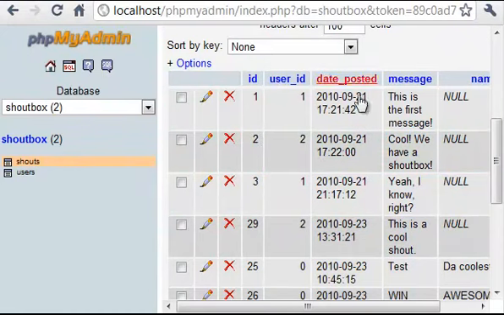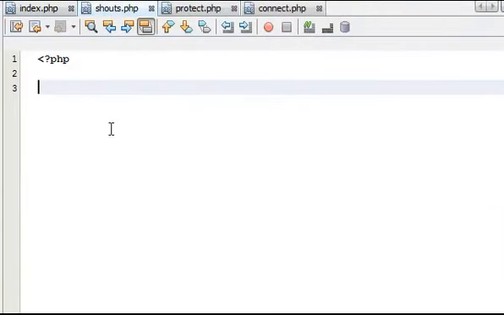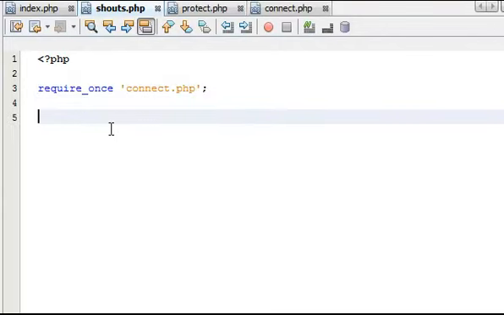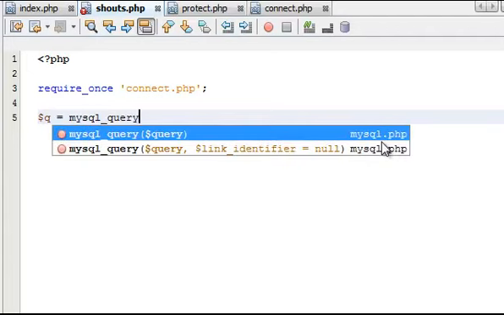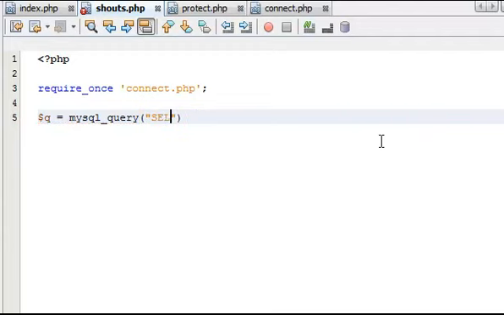So let's move on. This is all fun and stuff, but we don't actually display all these shouts. So we're going to create a new file, and we'll name it shouts.php, and in it we're going to of course include connect.php, and then we're going to do something that you probably have not seen before. It's called an inner join. I'll type it out first, and then I'll explain what it means exactly. So Q for query equals MySQL query select users.username, shouts.user ID, shouts.message and shouts.name,